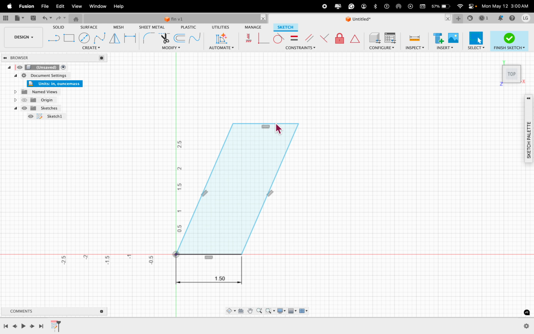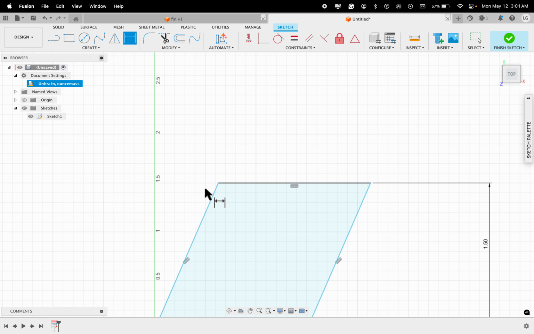And because these are considered parallel, and these are also parallel, there's several rules going on here, and it just forces everything to this situation. All right. The last dimension we need here is this guy right here, and that's also going to be 1.5 inches. So there's our fin. The last thing, though, is,